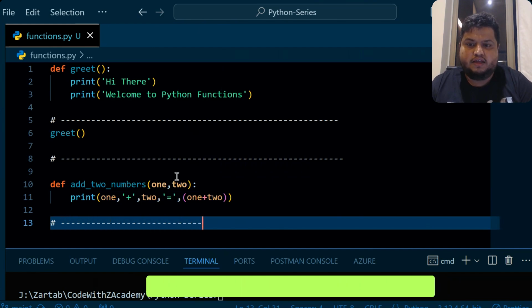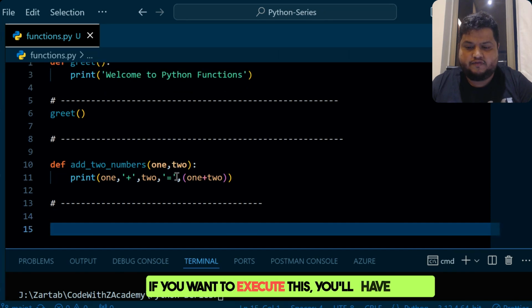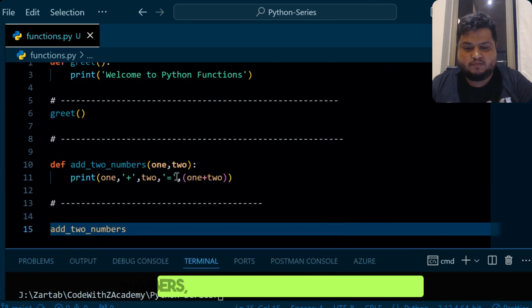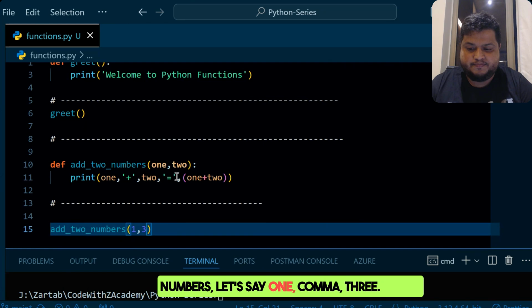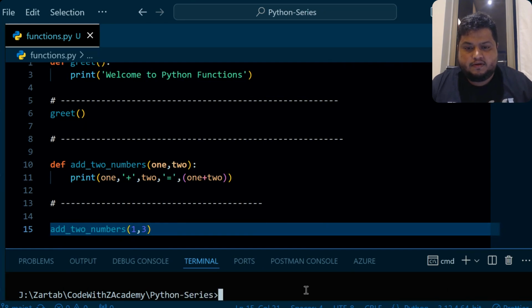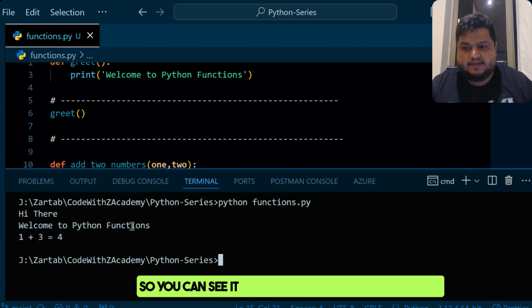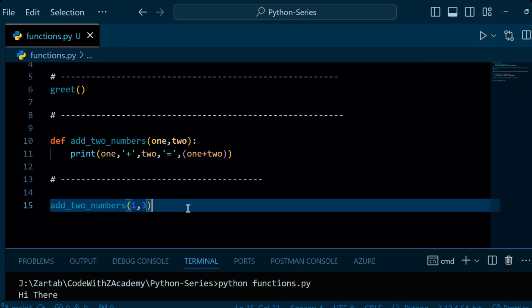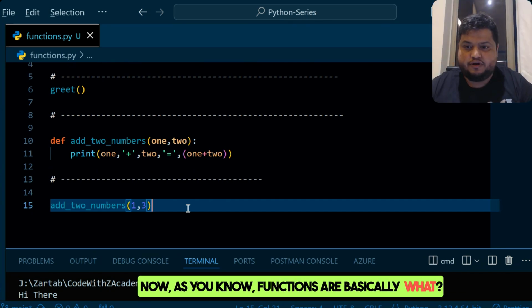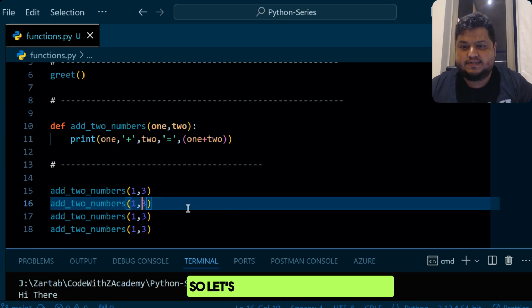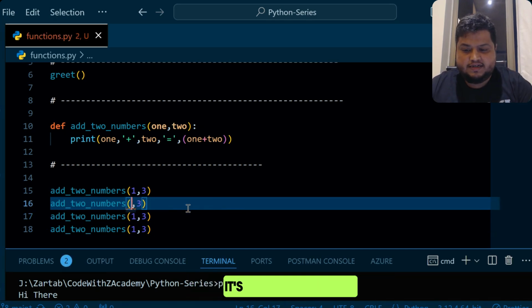You know the drill. If you want to execute this, you'll have to call it. So now I can say add two numbers, let's say 1 comma 3. You can see it is printing 1 plus 3 is 4. Now as you know, I can just change the numbers and reuse this. It's code on demand.